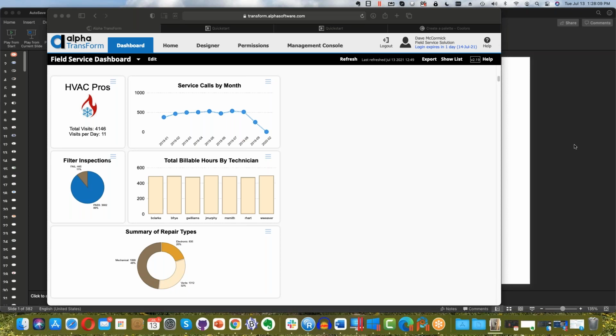Another question, can I use face recognition in TransForm? Well, that's an interesting question. I guess the way, right